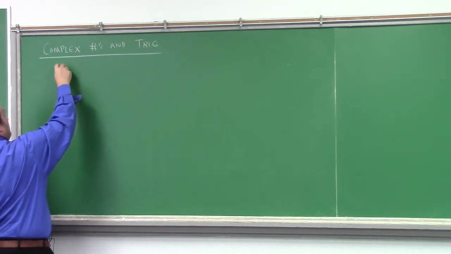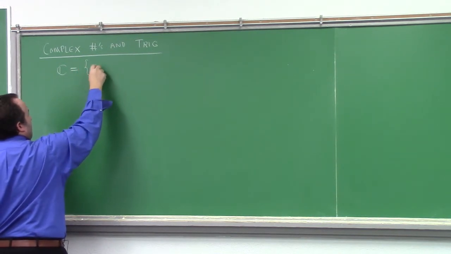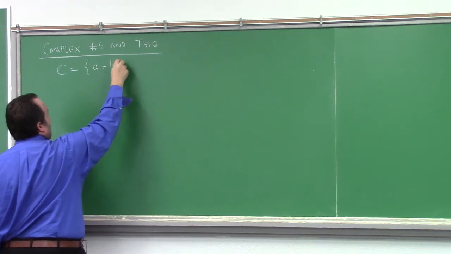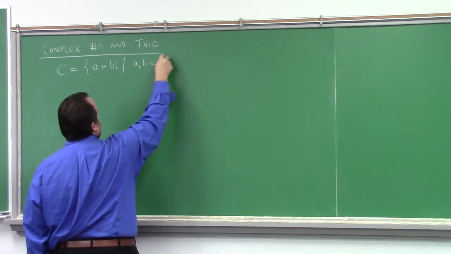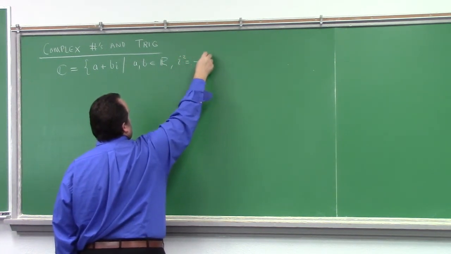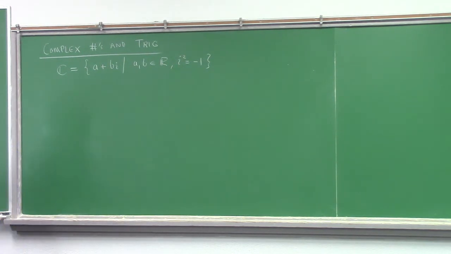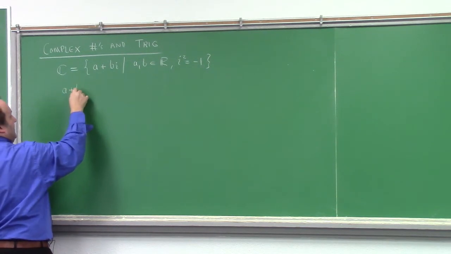Well, I use the symbol C for the complex number system. It's things of the form a plus bi, right? Such that a and b are real numbers and i squared equals -1, right? This is the complex number system. How do we multiply complex numbers? Well, here's how it goes. If you have a plus bi times